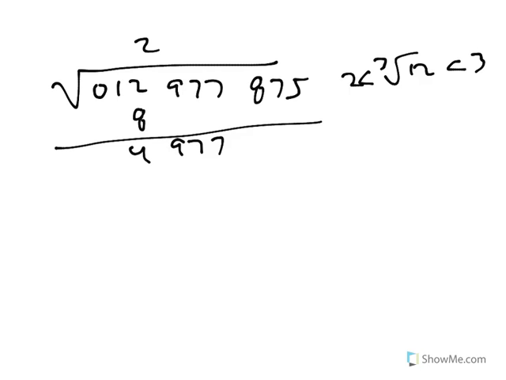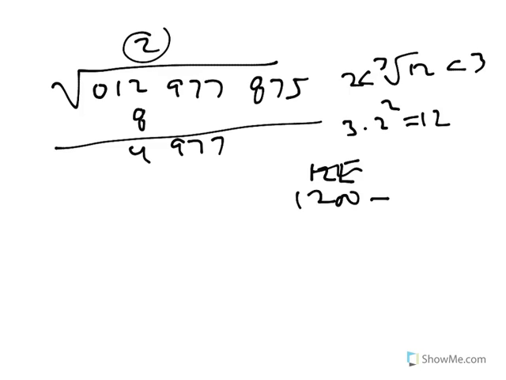Now it's more confusing. We don't just do the doubling trick. Actually, what we have to do is we take 3 times whatever's up here squared. That becomes 12. And we have to say that 12 are the first 2 digits of a 4-digit number. I'll write it this way: 1200 plus